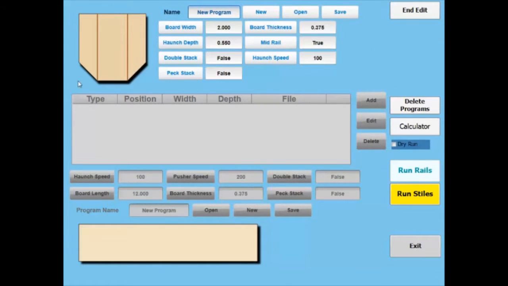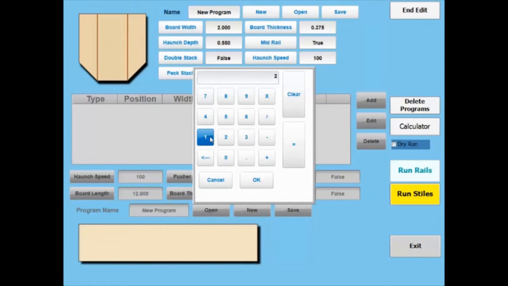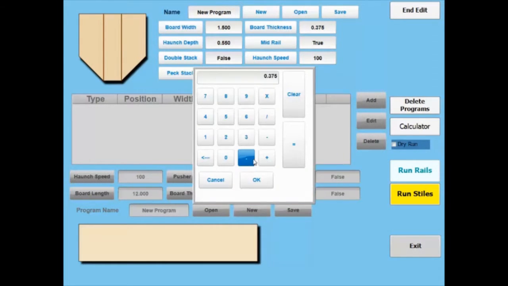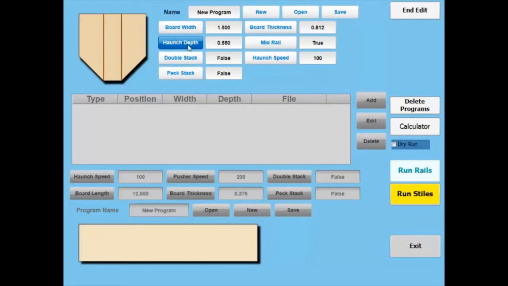To program a rail end, you can see a depiction of the rail end here. We have a board width, so let's make an end rail here. We'll make it 1.5 inches wide. This is your board width. Board thickness, haunch depth,